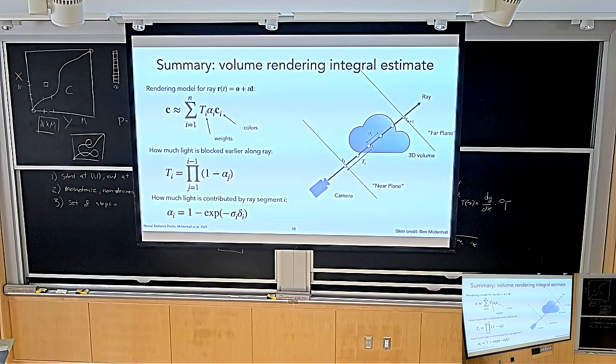You discretize it into bins, what you see here on the right-hand corner. And then we're going to approximate this integral, and this is important, via a sum of segments. We assume that in each of these segments, the color and the density are constant. And then it turns out that there is a relatively simple way of writing down a weighted sum that gives you the color of the ray. Any questions on that from last lecture?